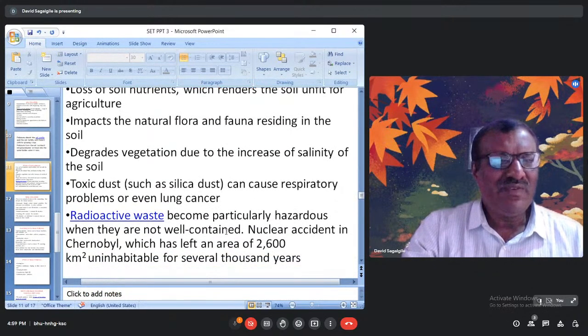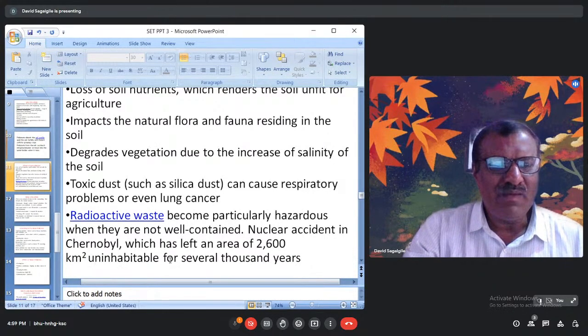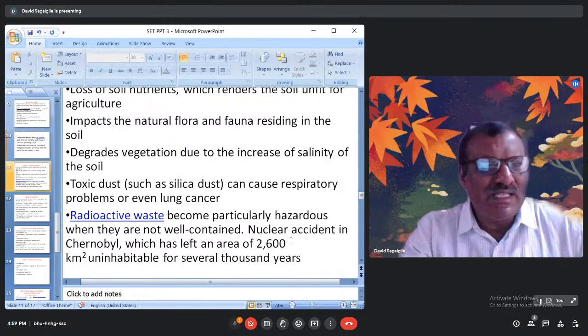Then radioactive waste becomes particularly hazardous when it is not well contained. Nuclear accidents in Chernobyl have left an area of 2,600 square kilometers uninhabitable for several thousand years. So we move on to the next one, that is the